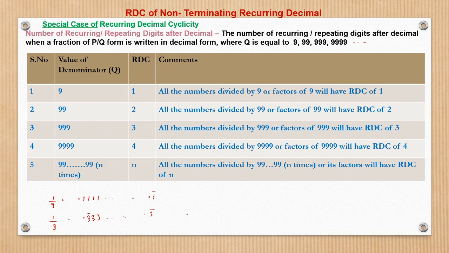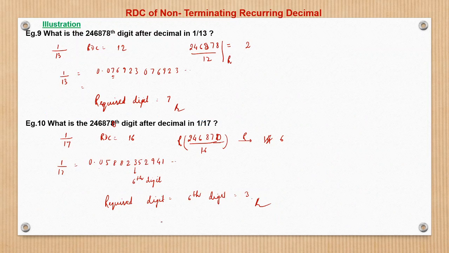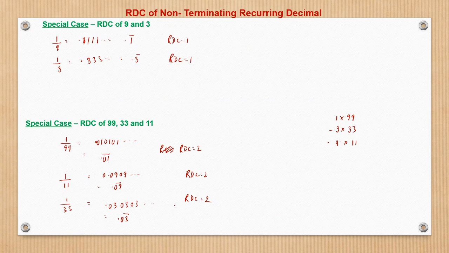Here in this illustration, we had to find the RDC of 11. The user gave the RDC of 10. However, with the special case, we know 11 is a factor of 99, so it will have an RDC of 2. So this will even simplify our problem. So now LCM of 2 and 12, assuming the RDC of 13 remains 12, so the LCM of 2 and 12 will be 12. So now RDC comes down to 12 from 60. So a simplification to a very large extent, right? Same way, now we will see the RDC of, say, 999.